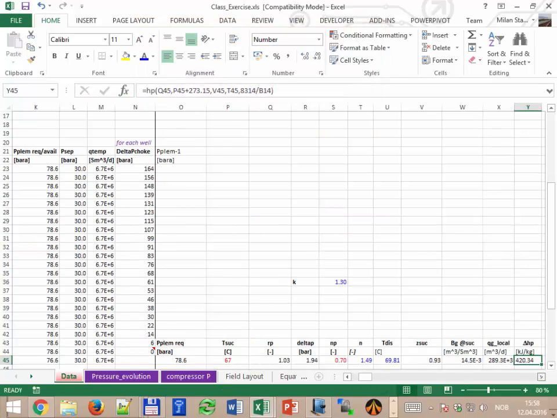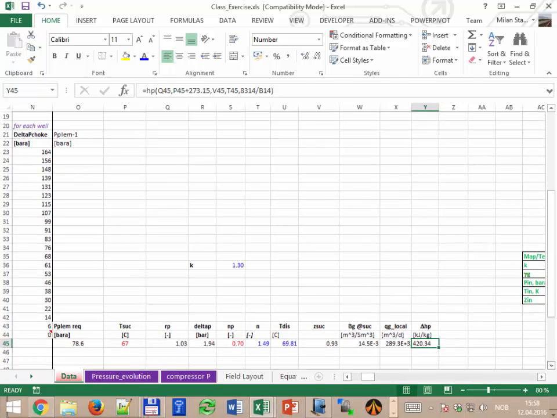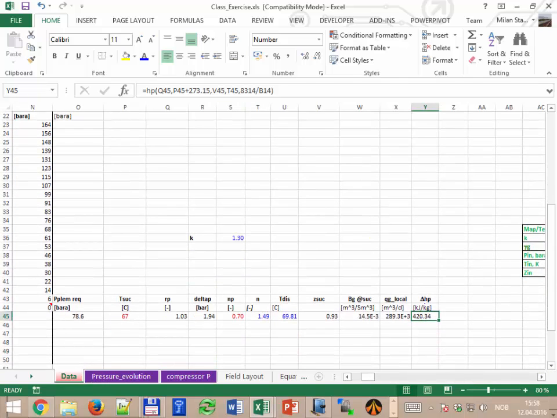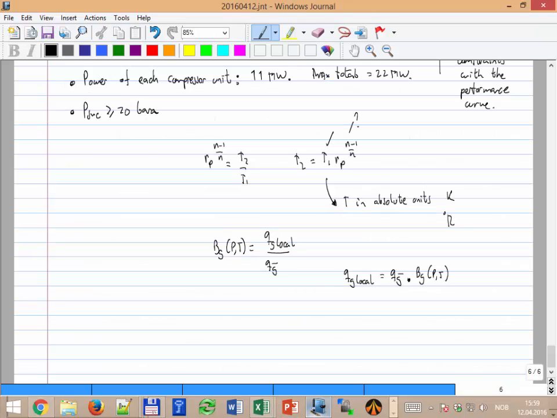Okay, it gives 400. I'm not sure if we have done something. That should be average or the set, yes, it should be average, but this is an approximation for this class. Zeta average is more or less equal to the set at the inlet. Okay, set 1. But that's just for this class, because if you want to solve it, really you have to